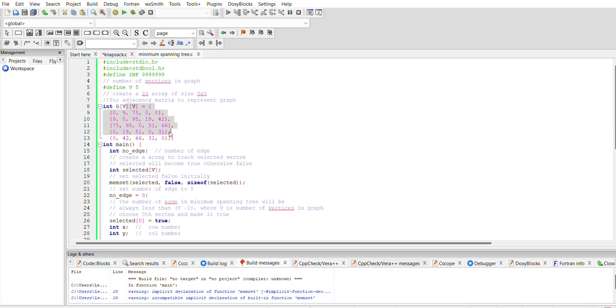Repeat until the minimum spanning tree is complete. Once V minus 1 edges are included, the loop ends. So this is how Prim's algorithm works. In case you want it in more detail,